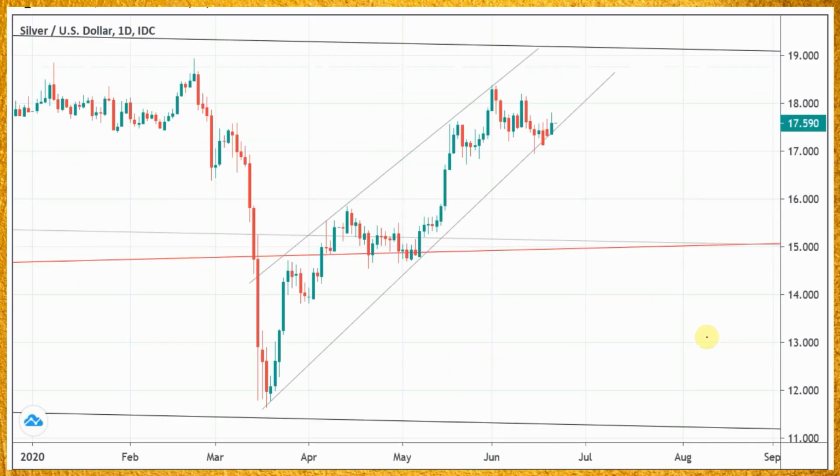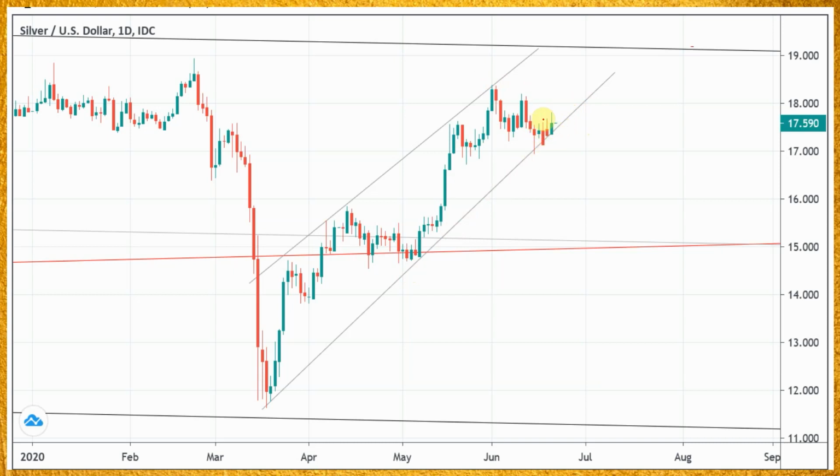Let's move on to silver in US dollars on the daily scale. And we've been talking about this kind of channel, upward sloping channel, and our major bullish signal is just above the $19 level. But we've still got some resistance overhead at around 1850. And certainly this resistance seems to be holding. But we've also been skirting along the lower end of this upward sloping channel here. And it's tested it a few times now.